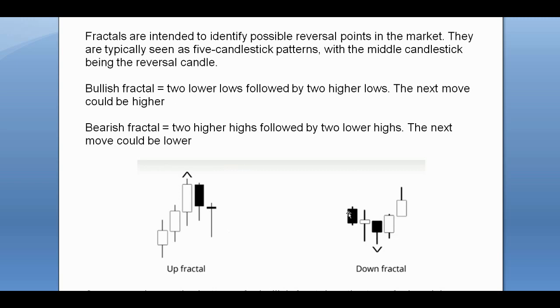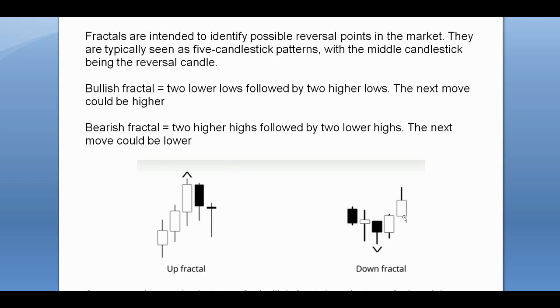That's 2 lower lows. Okay, so we're looking at the bottoms, including the wicks, by the way, of the candles. All right, so you have a lower low and then another lower low. So 2 lower lows followed by 2 higher lows. And here's a higher low and then another higher low. All right, so lower low, lower low, higher low, higher low. So it looks like a V, basically. And that's, again, including the wick or the shadow, if there is one.